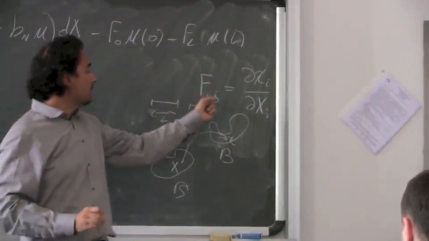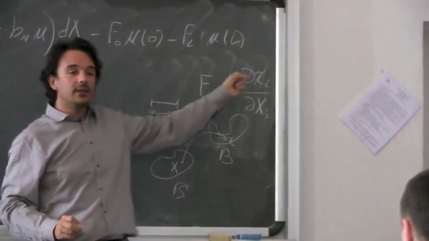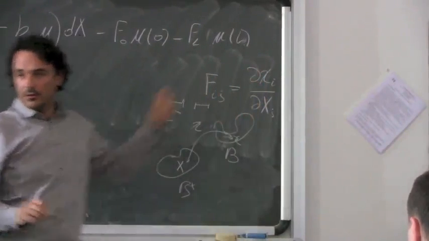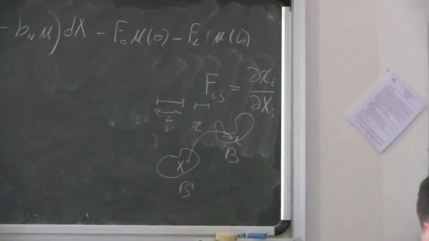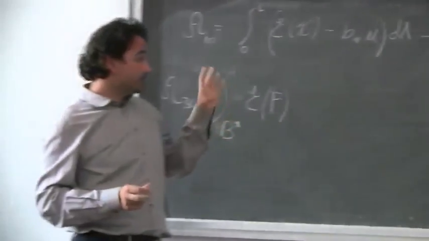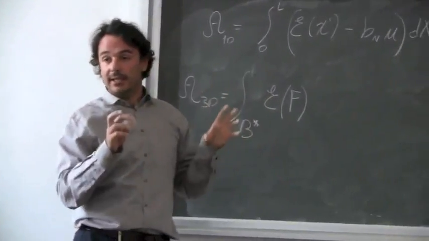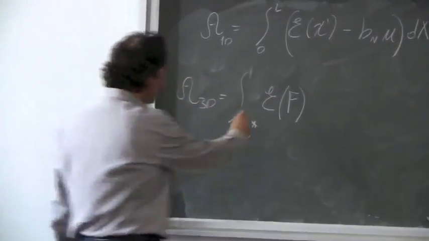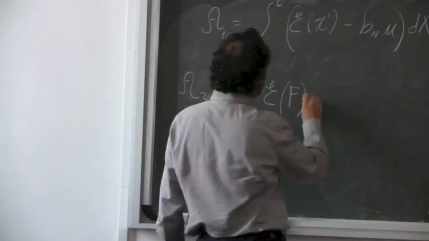That means that the component 11 is equal to the derivative of chi 1 with respect to X1 and so on, for all the 9 components of this tensor. In fact, I should say all the components of this matrix in a certain frame of reference. So here is minus